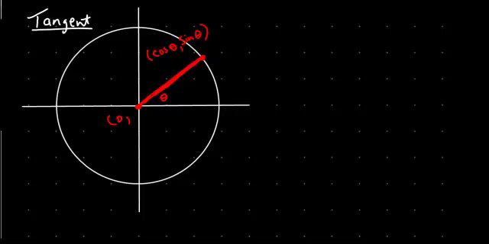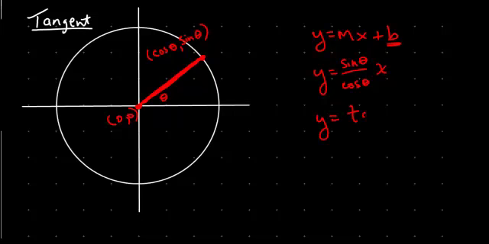0, 0. So we're looking at y equals mx plus b. Well, what is the slope? Well, the slope is going to be rise over run. And clearly, if we look at cosine theta, sine theta, and 0, 0, the slope is sine theta over cosine theta. So y equals sine theta over cosine theta times x, and plus b, our y-intercept, is 0. So it's just sine theta over cosine theta times x. And so we get that y equals the slope, tangent theta,